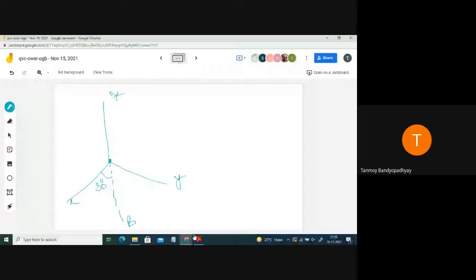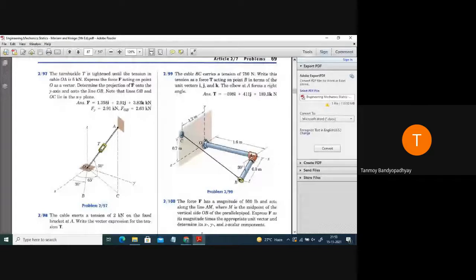So OB is just any arbitrary direction. So if I could find out the unit vector in the direction OB and multiply and find the dot product, এটা F লিখবো না T লিখবো? F ই লিখছি, ঠিক আছে, নাকি T লিখবো? T আছে অ্যাকচুয়ালি, আমি ভুল করে আগেরটাতে F লিখে ফেলেছি, ঠিক আছে। So this is O. So what are we supposed to find out? We are supposed to find out the projection of F on the y-axis and on the line OB.